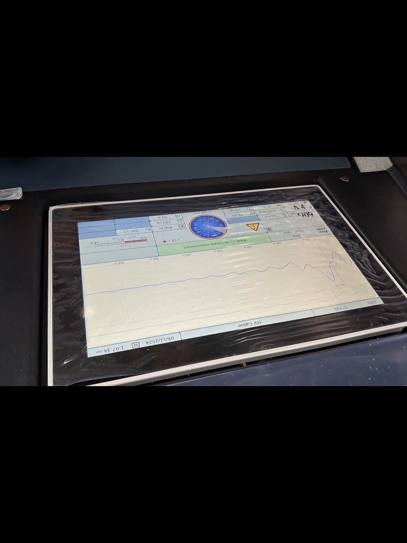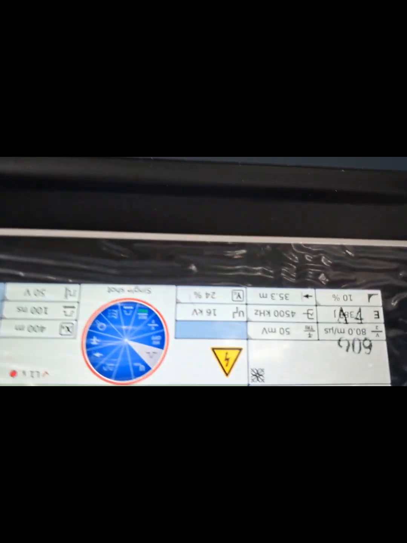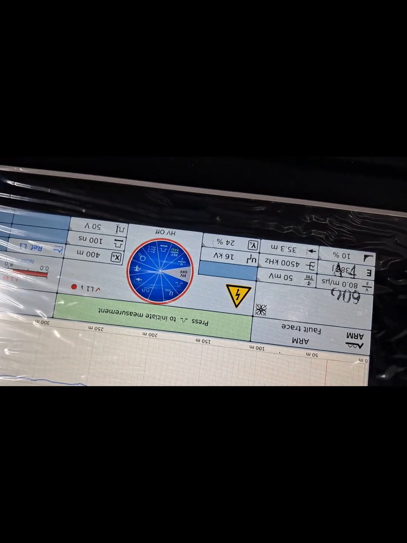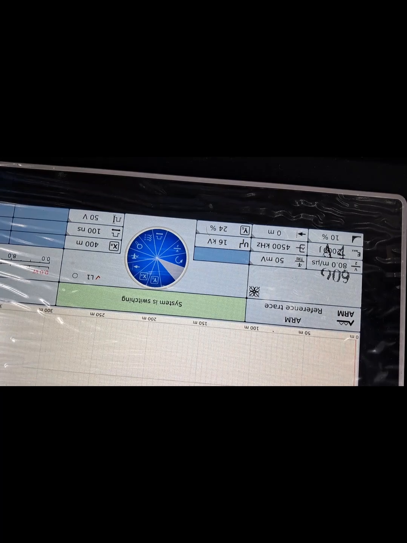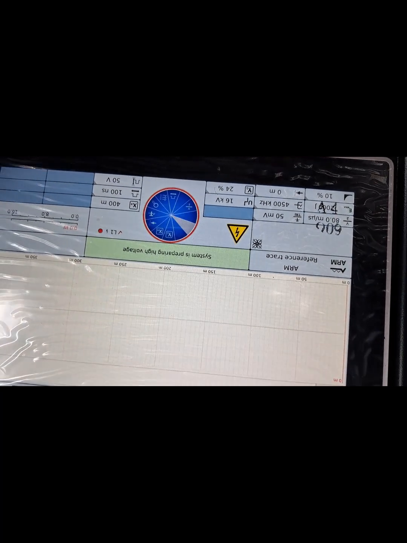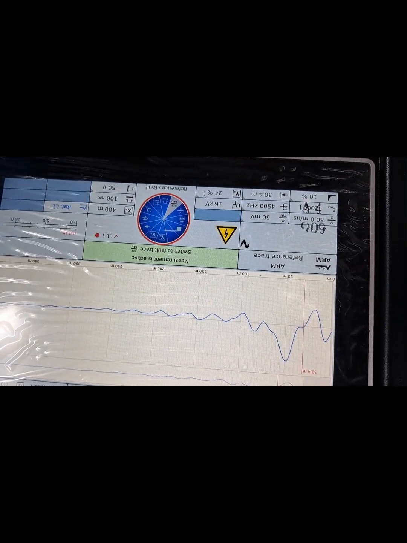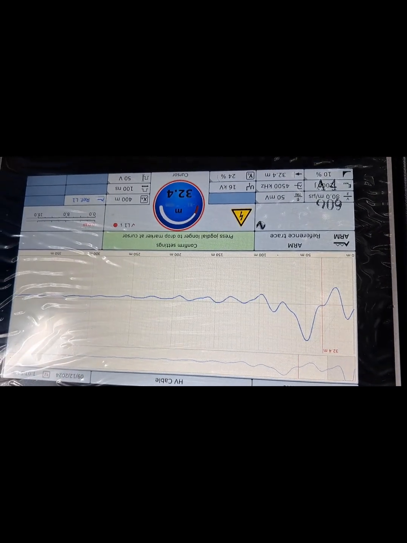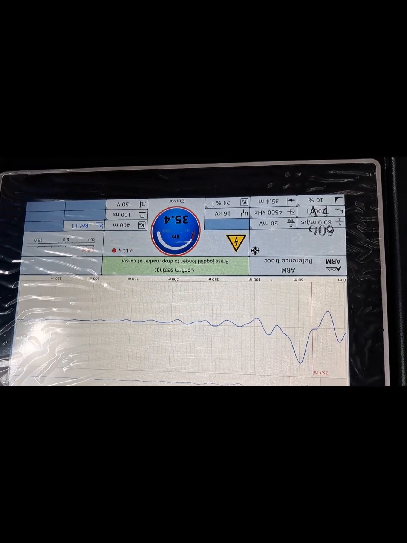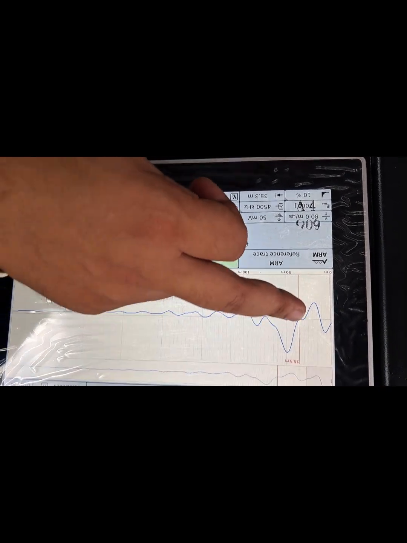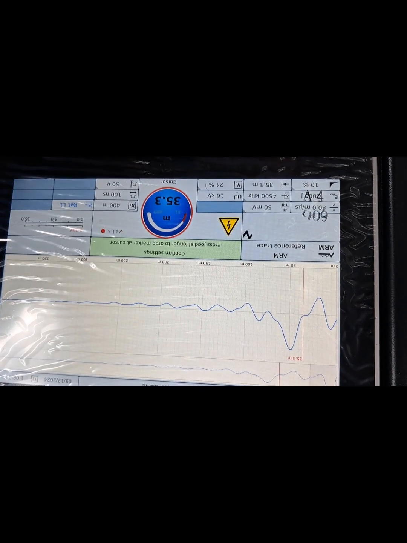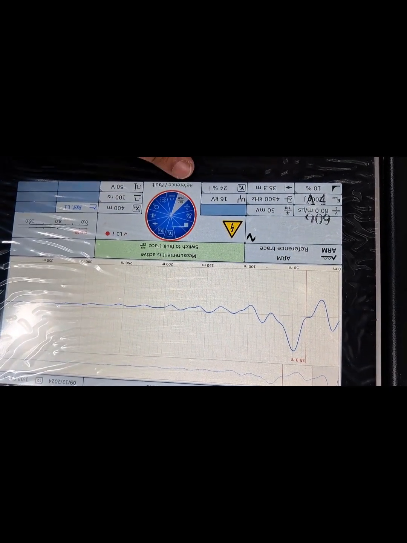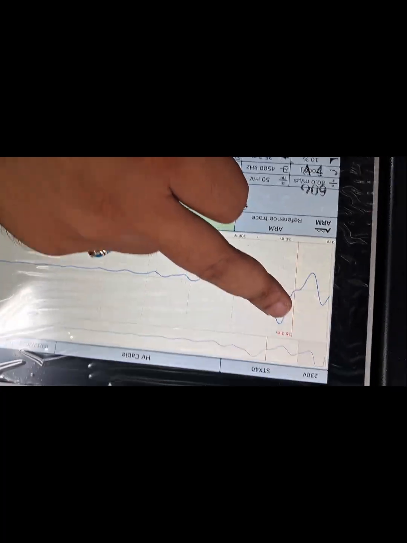I have to go back. Can I go back from the start? Yes, from the start. TDR is going. Let's start from it. From the positive peak where it is starting, it is the last end of the cable. From where it is starting, this is the open circuit. Open circuit, you can say. As you go back, this is the reference graph.